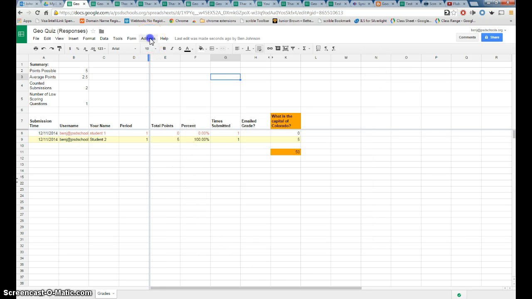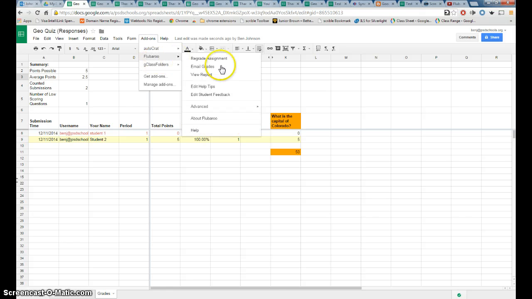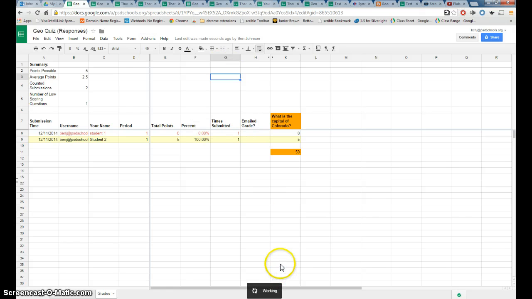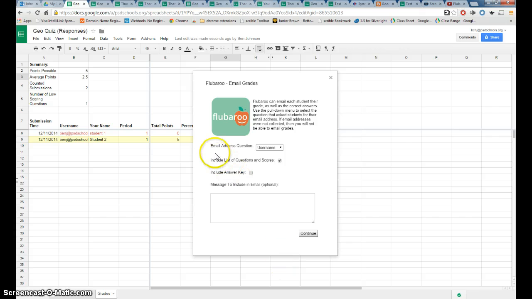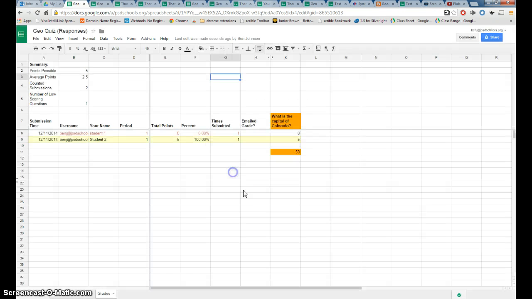If I go back to add-ons here, I can go to Flubaroo and I can email the grades. And in this case I just have to tell it which column has the student email address, and in my case it's this username. I can type a note to the class. I can include an answer key if all my students have finished it or not, and then I just hit continue, and now it's going to send all of those students the results on how they did,